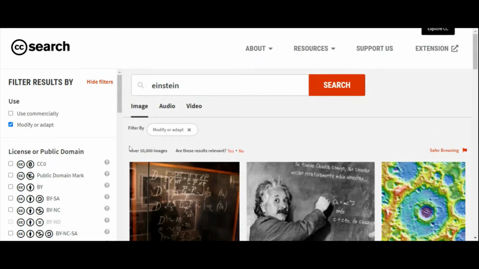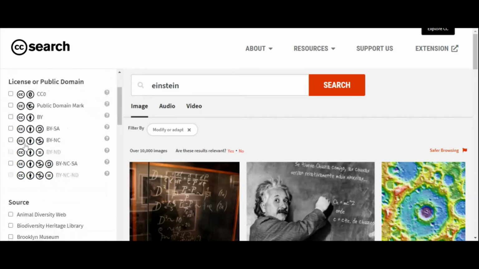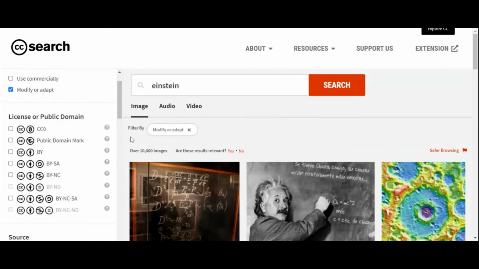Okay, another feature of Creative Commons is that so far they have the collection for images. So far they don't have audio and video yet, and the work is ongoing for this type of materials. You can also filter by type of license. Okay, so for type of license,